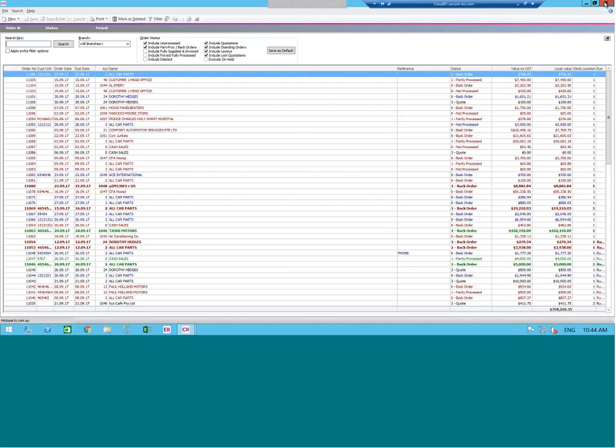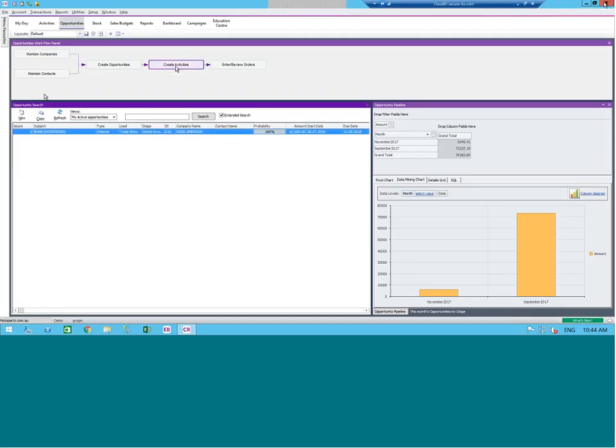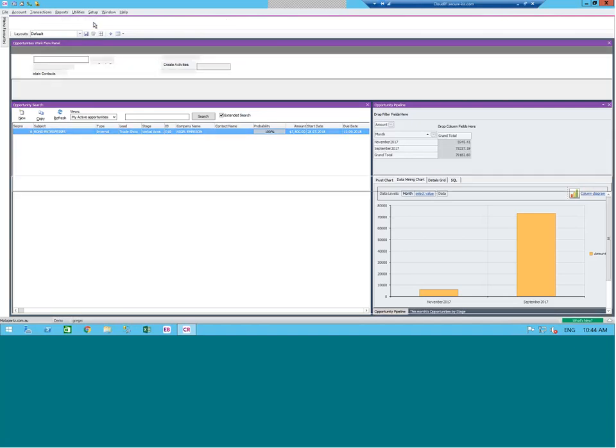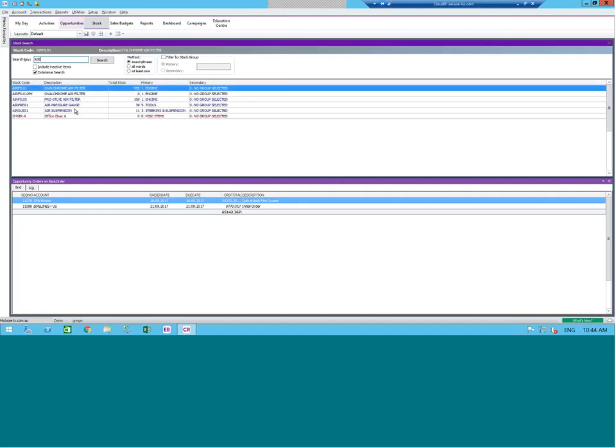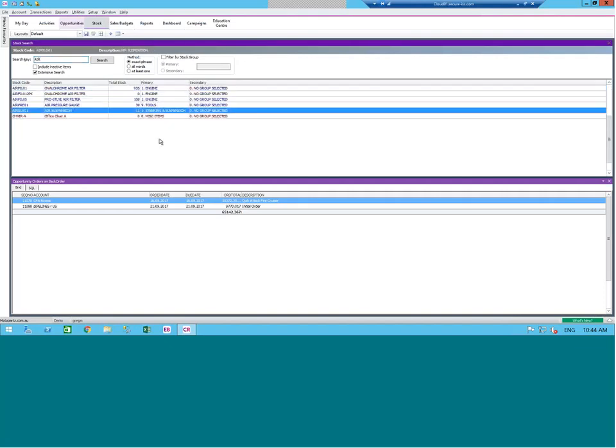Okay, so we've got companies, contacts, opportunities, activities, and orders. And obviously, we've already looked at an example where an opportunity became a job. Someone in CRM also has access just to the standard stock search screen. So like you can in Exo Business and like you can in Exo Job Costing, you can just inquire about stock and see what